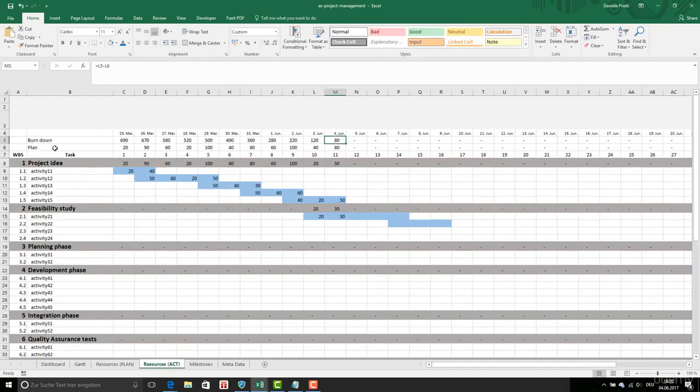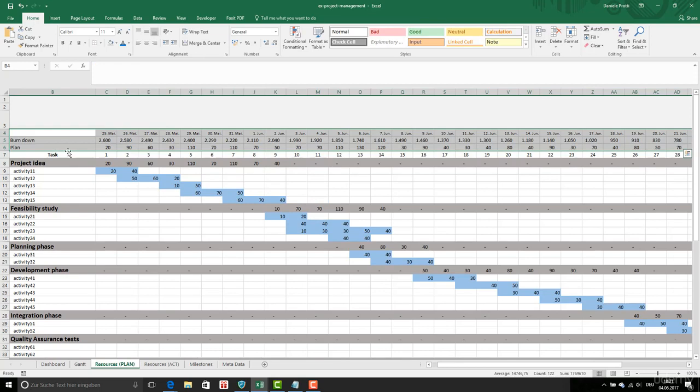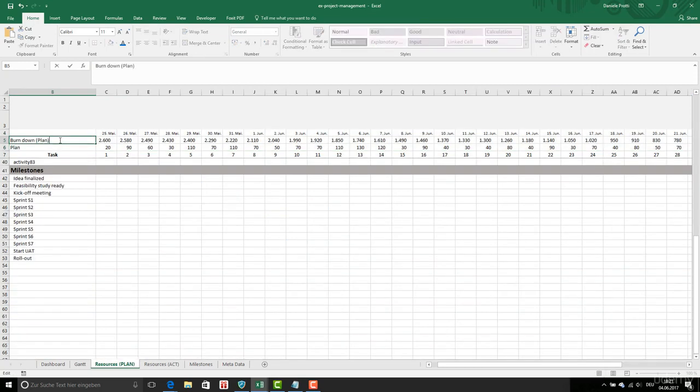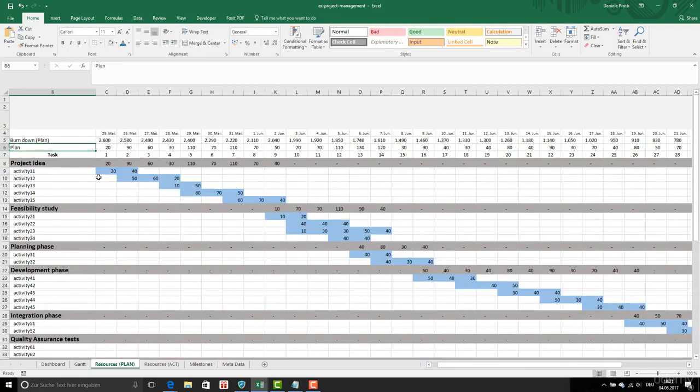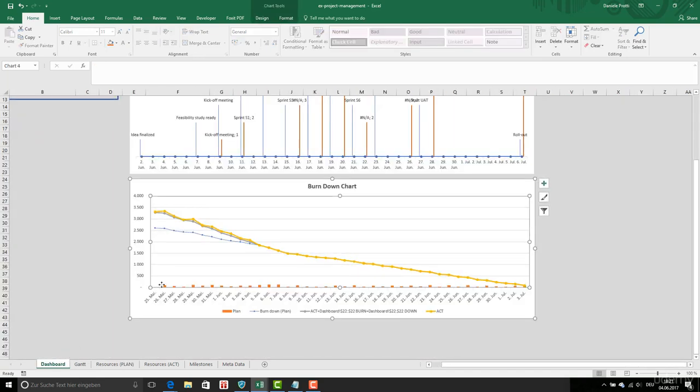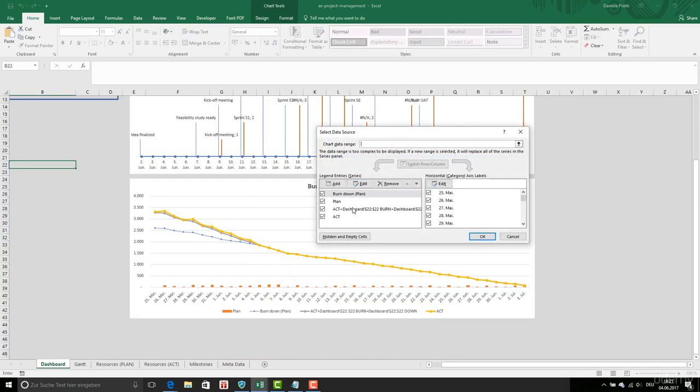Then I'm going to my table, and here where is plan is act, okay, and then is act burn down, or burn down act for actual plan. Okay, here we are. I go to my dashboard. I'm gonna change this, select data, this one, edit,